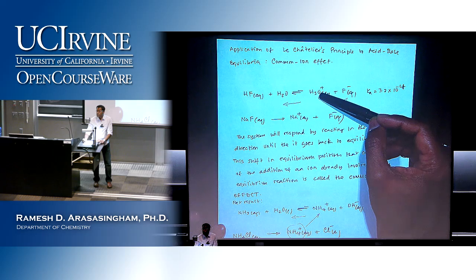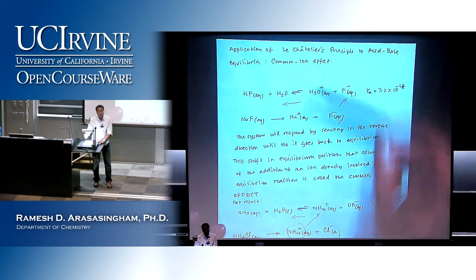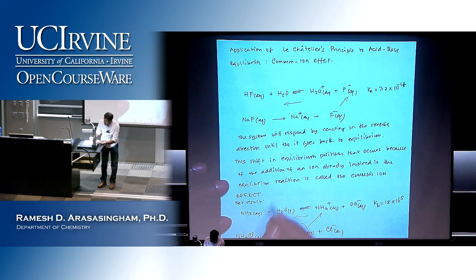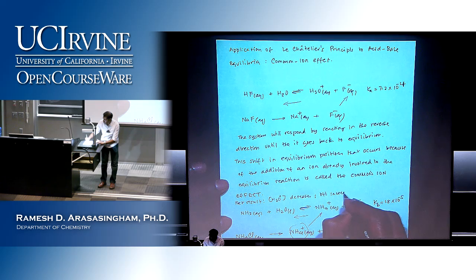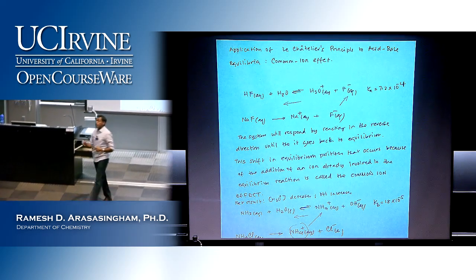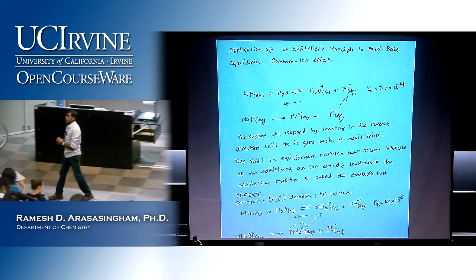Because the equilibrium shifts towards reactants, you can see that the hydronium ion concentration goes down. All right? So in this example, the net result is that hydronium ion concentration decreases. And if hydronium ion decreases, we know pH increases. All right? So in each instance, not only do you have the equilibrium being disturbed and you have this common